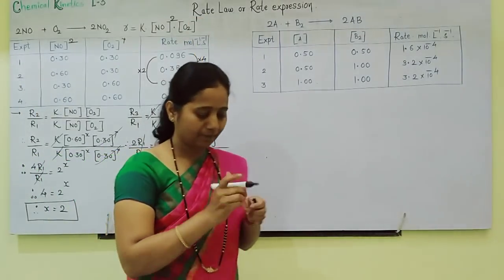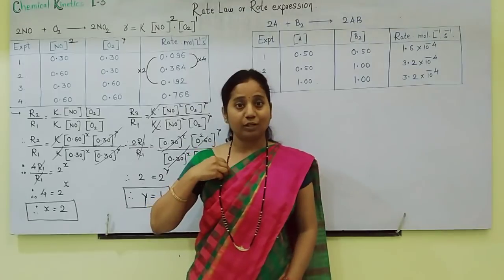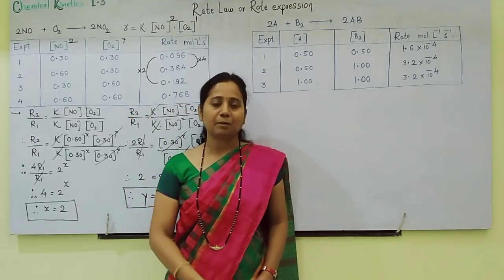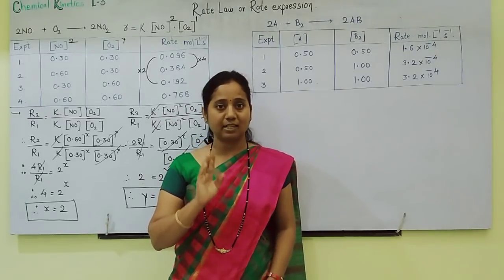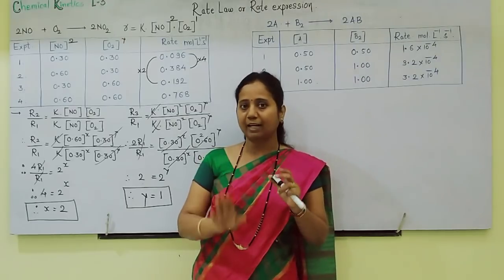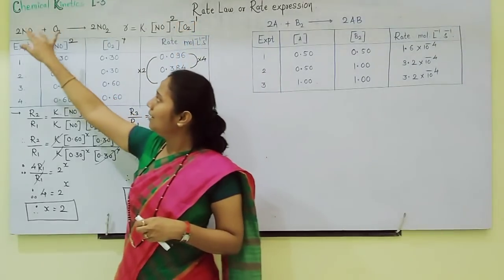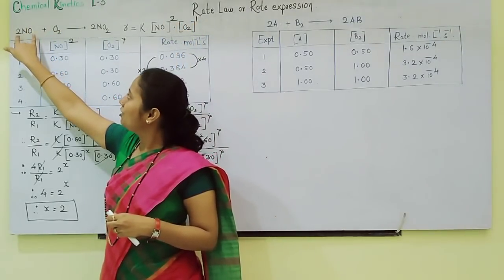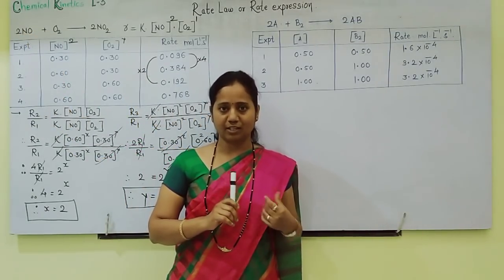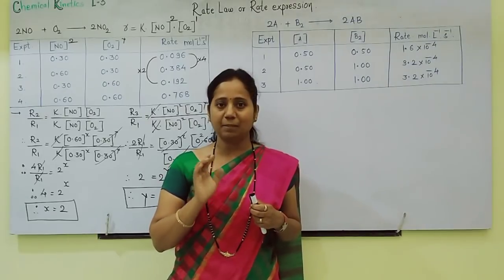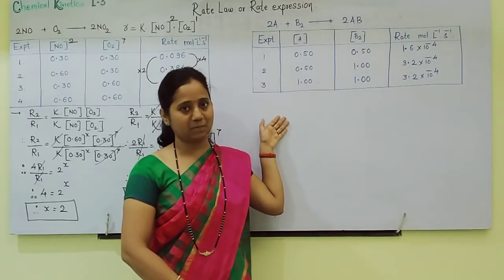That I will substitute. Like this we can write the rate law. You can write the rate law only when you have data after performing the experiment. Merely looking at the balanced chemical equation, you may not get the correct rate law expression. Here these exponents are the same as the stoichiometric coefficients of the reactants in the balanced chemical equation, but every time they may not be the same. If you have understood this, let us move to another experiment.